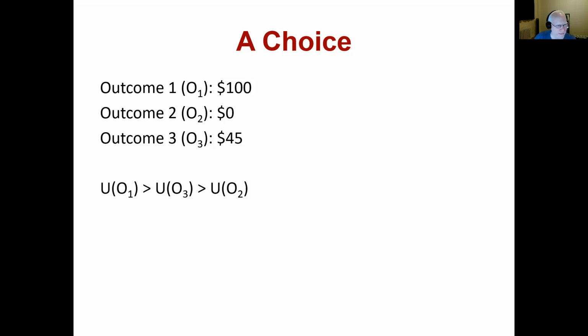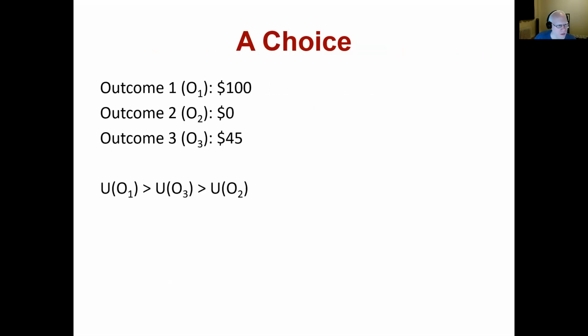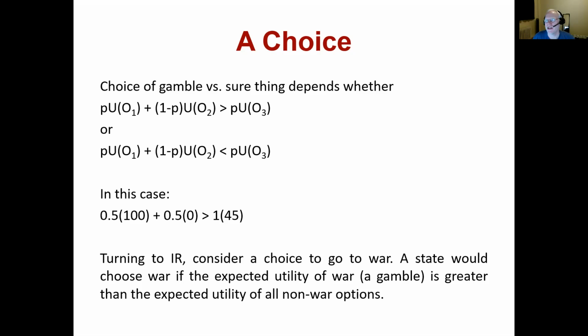Outcomes have utilities. All right, so then for each of the alternatives, decision makers multiply the probability of achieving each outcome by the utility of the outcome. Okay, so here we're going to get a little bit more notation heavy. But here we're going to start by looking at the choice of the gamble versus the sure thing depends on whether the expected utility, this is pretty much what all of this is saying. So whether you choose to have the gamble or whether you choose the sure thing depends on whether the expected